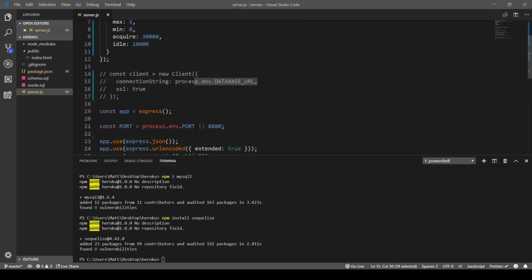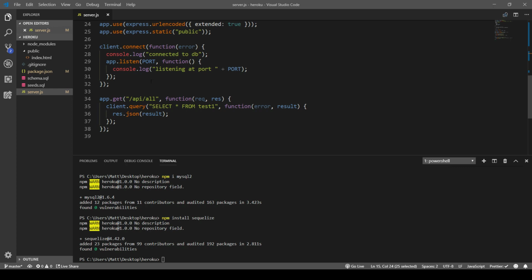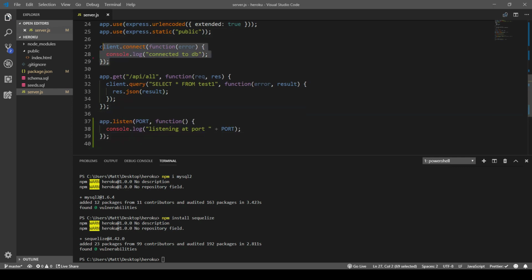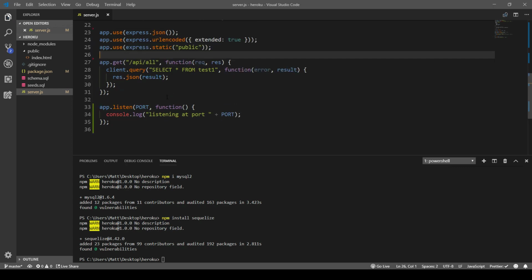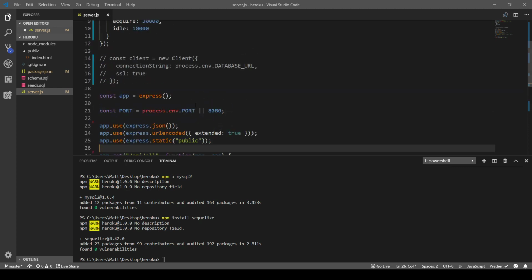I am going to use this URL right here later on, so I'm keeping that for now. Let's move this out of here, and we're not going to use this anymore. Sequelize is going to take care of all that for us. Okay, and then here, instead of client query, we're going to do something else. But before we do that,